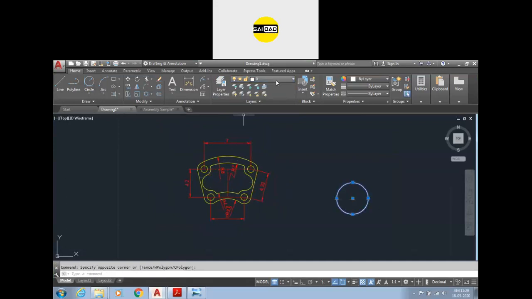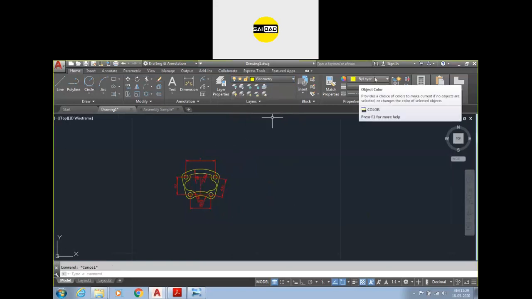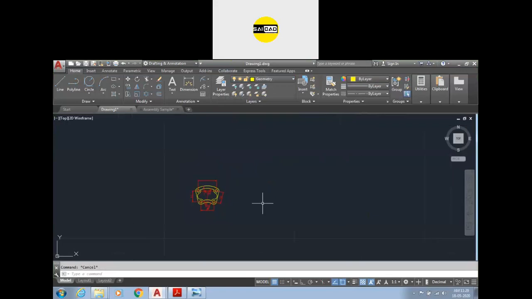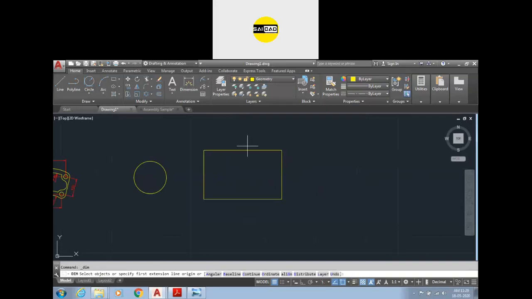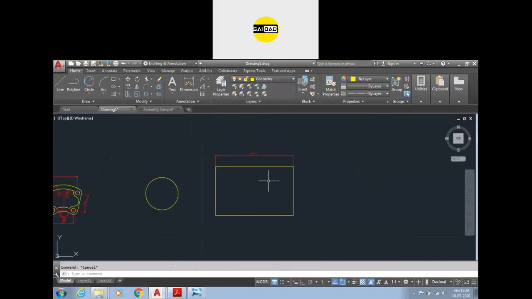How can you change the layer of an object? You can see I can just do it like that, or you can just select the layer. Like, I want to create some geometry, so select the geometry layer. This is the current layer. Now you can see the color by layer means that if I create something, it will be created in that layer. Okay. If I specify a dimension, it will also be created in that layer. Okay. So you can do this. You can change that also.